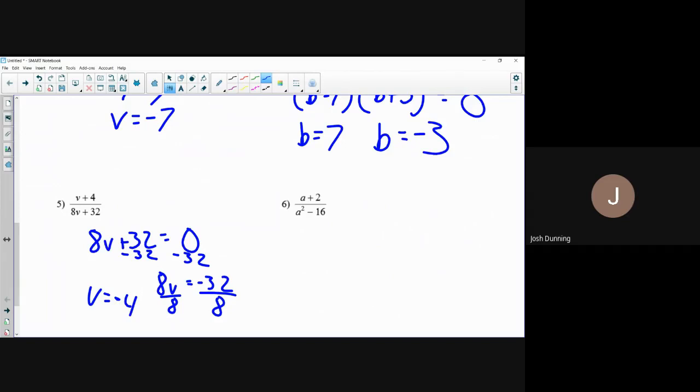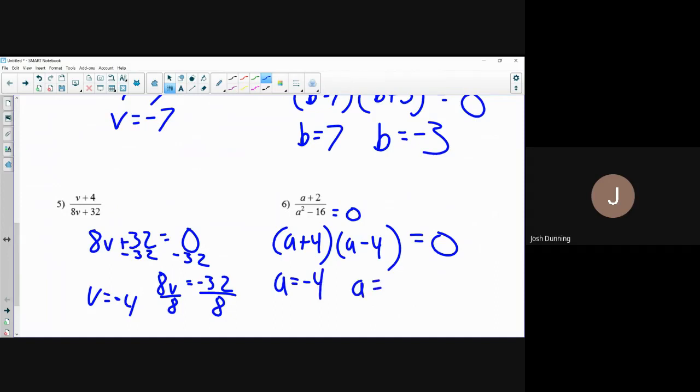There is another way to do this one, but I already mentioned just factoring, so we'll just factor. Set the bottom equal to 0. It's dots. A plus 4, A minus 4. And like I said, if your factor is A plus 4, the root, the answer is negative 4. A equals negative 4. And that one gives me A equals